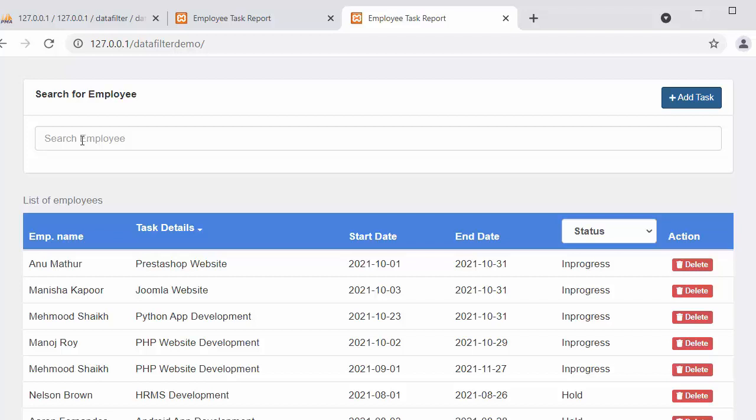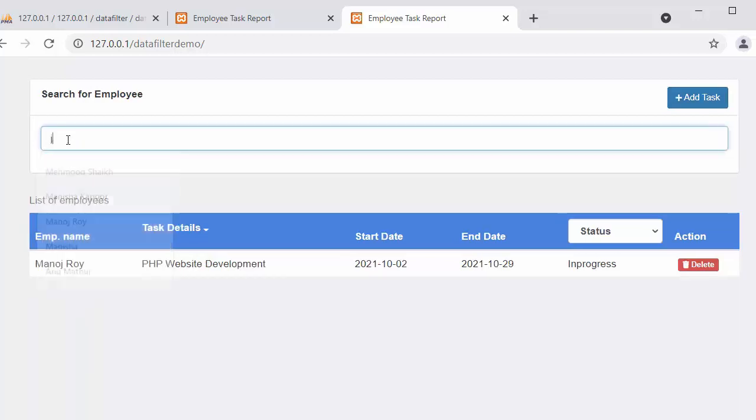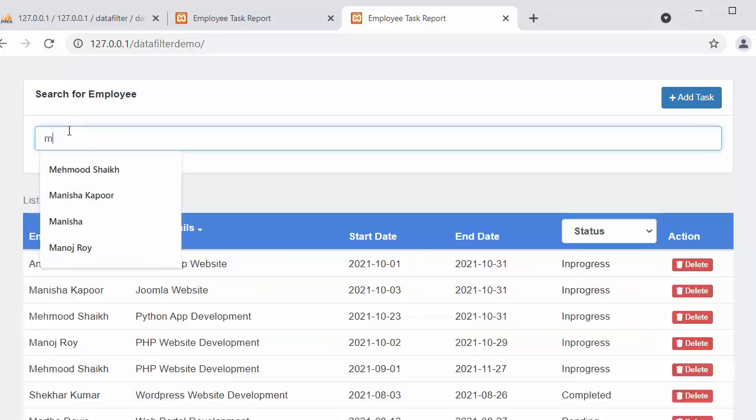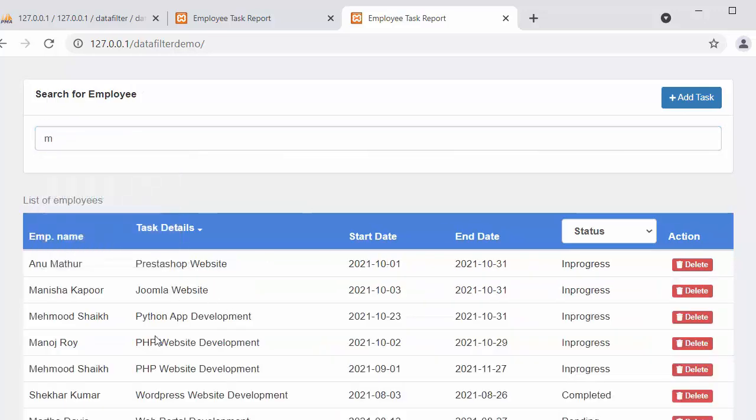develop in this video. So this is my already developed application, and here I will be typing in letters. I will type J. The moment I type J, you can see the records which have the letter J in their employee name start displaying inside this table. And if I type M, then you will see all records which have the letter M in it start displaying inside this table.